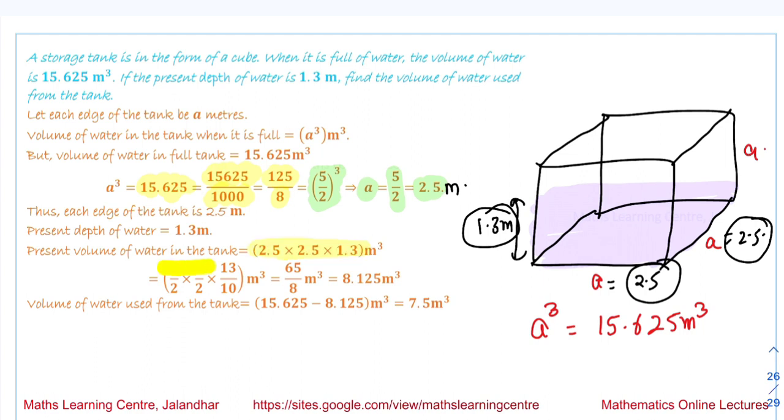So to solve this, we are getting 5 into 5. This 2.5 we are writing as 5 by 2, 5 by 2, into 13 by 10. So it is 65 by 8 meter cube, and the answer we are getting is 8.125 meter cube. So the volume of the water used will be, this is the actual volume when the tank was full, and this is the volume of the remaining water over here. So the amount of water that is used from this tank is 15.625 minus 8.125 meter cube, that is equal to 7.5 meter cube. So this is the amount of water that is used from the